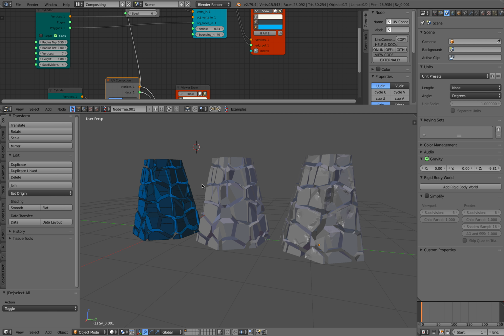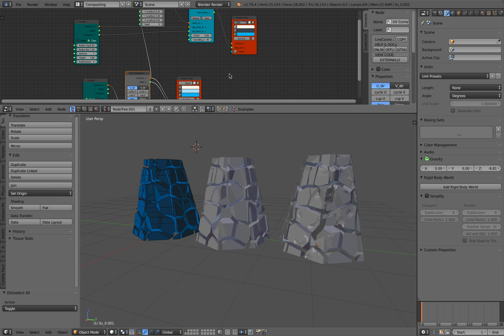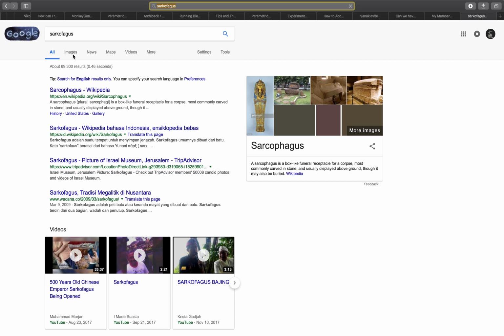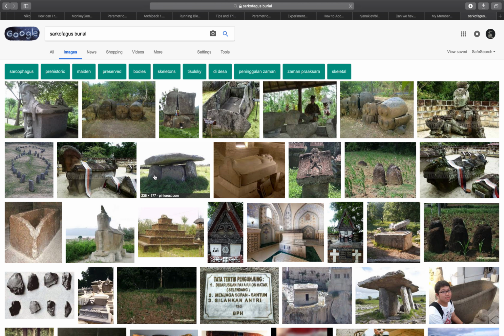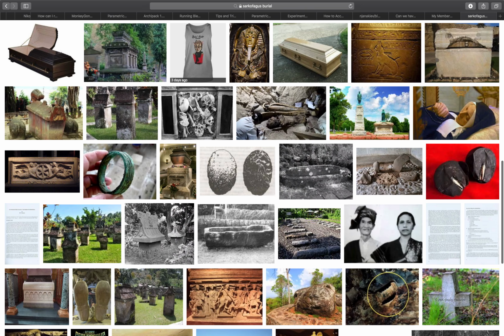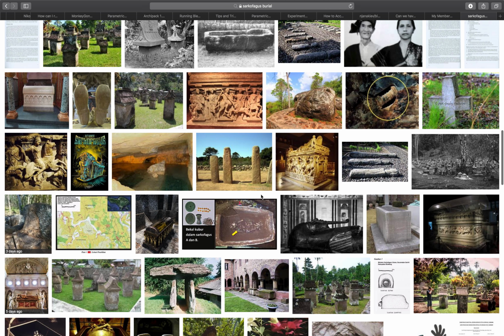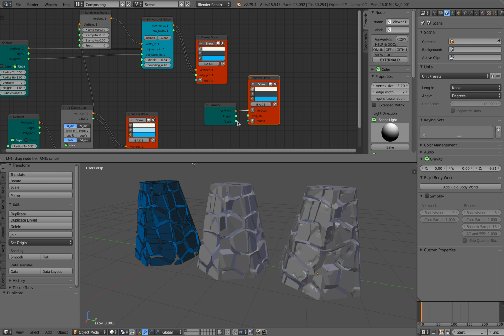So yeah, there you go. That's two ways to generate this totem, or I don't know what it's called, sarcophagus. Yeah, some kind of burial. I guess we just call it totem, and you know, if you want, you can add Susan head at the top there. We get Susan node, and you can just put Susan head on top,